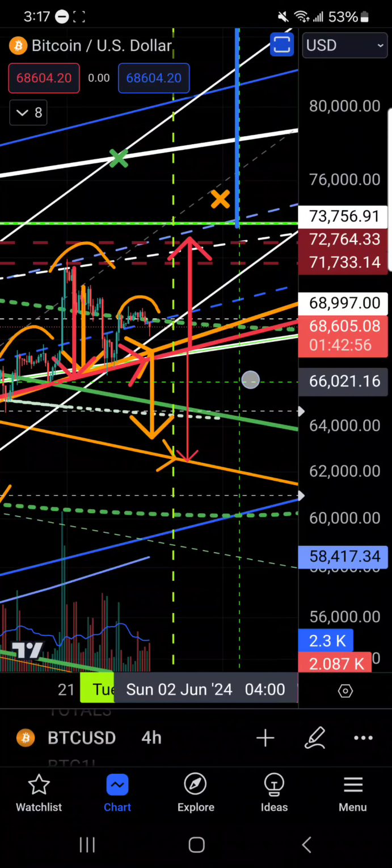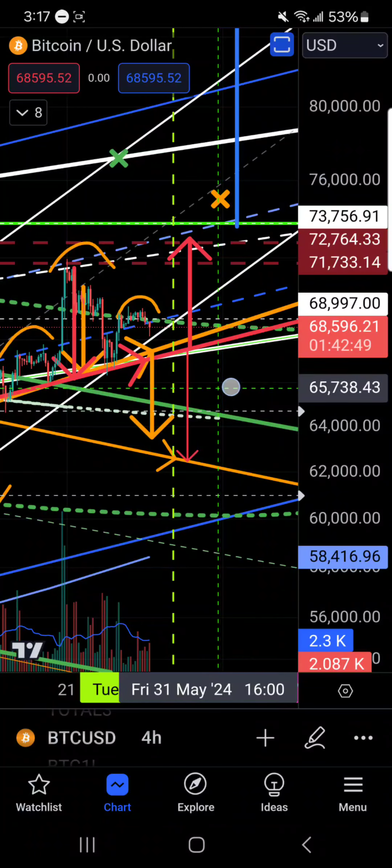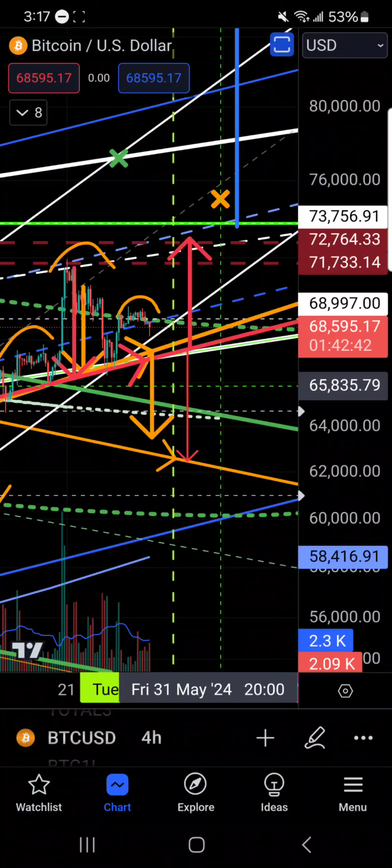The problem I'm having is the big players are trying to dump on us and liquidate a lot of people, but they don't have the momentum to do that either. They can't. There's too many other big players out there with cash that are interested in investing in Bitcoin for some of these bigger whales to effectively play their dumpy games. So I think that's what's happening right now.